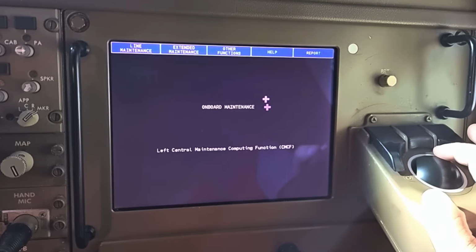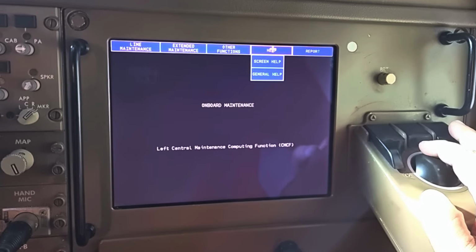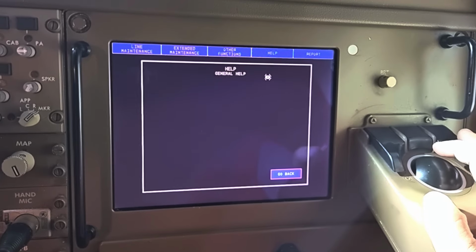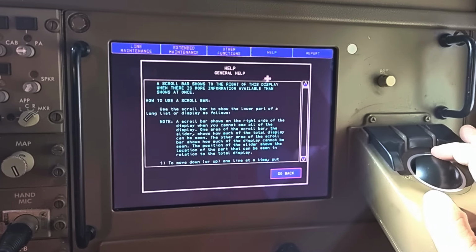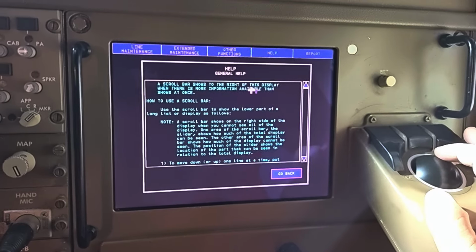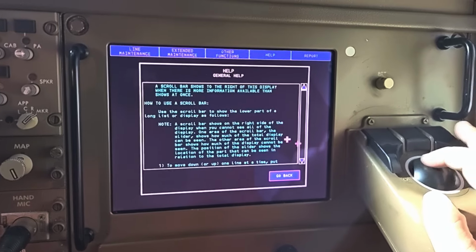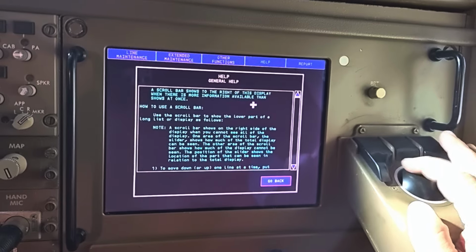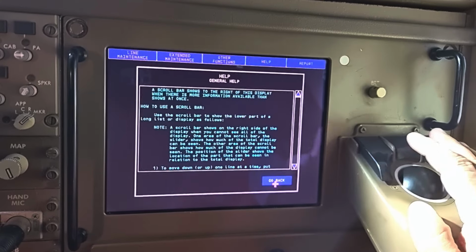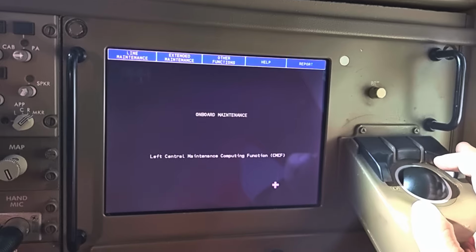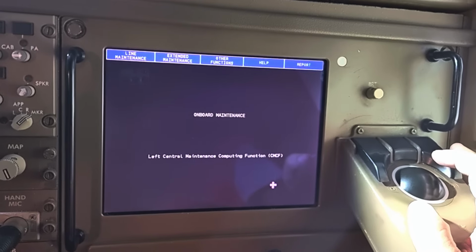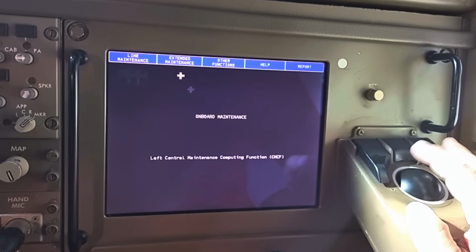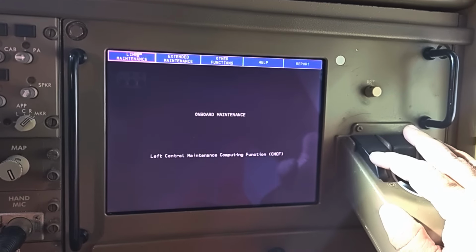Go back. When we want some general help, the general help is about the maintenance access terminal. It will give you the general help about the maintenance access terminal. If a scroll bar shows to the right of this display, it will describe this scroll bar and other things. So this is the general help. This is the help function, and if you are in some other screen, such as ground test, it will describe what the ground test is, what things are available on the screen in the ground test. All this will be given.